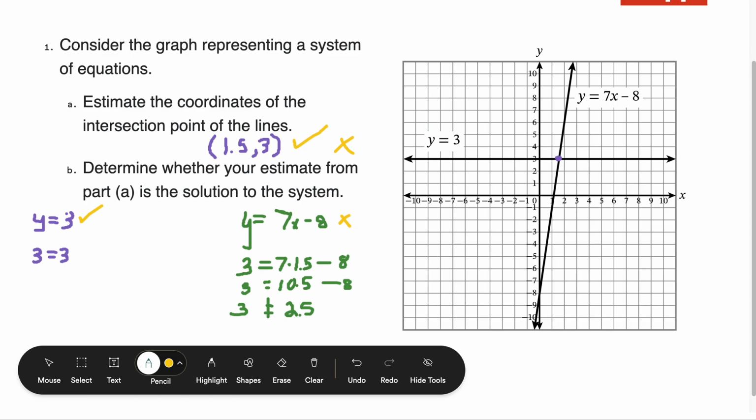So from here, what do we do is really the question. We could sit here all day and guess points, right? Maybe this is 1.4, maybe it's 1.3, maybe it's 1.43. We don't really know exactly what it is. So that's why today we are going to go over a different method for solving a system of linear equations besides just graphing. So if you go ahead and turn your workbook to page 205,